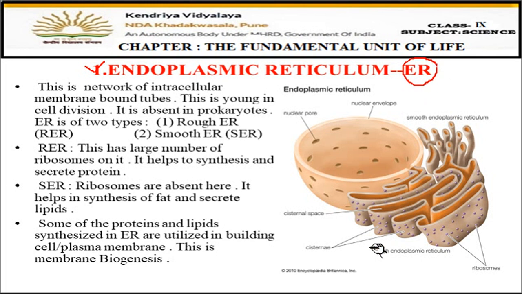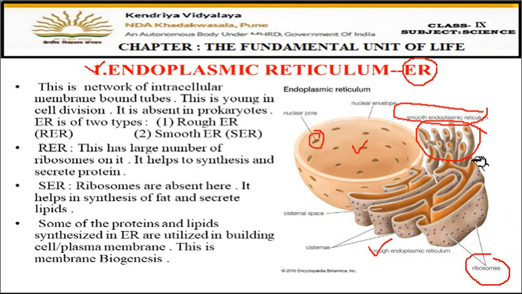Okay, so you can see the structure here of ER. This is the nucleus, children. Now it's very clear in this diagram. You can see the nuclear pores also. This is the nuclear envelope, meaning the nuclear membrane, and then here you can see the rough endoplasmic reticulum, and these small dots which you are seeing on the surface are the ribosomes. And here you can see the smooth endoplasmic reticulum also. You can see this part here, there are no ribosomes, so it is smooth,